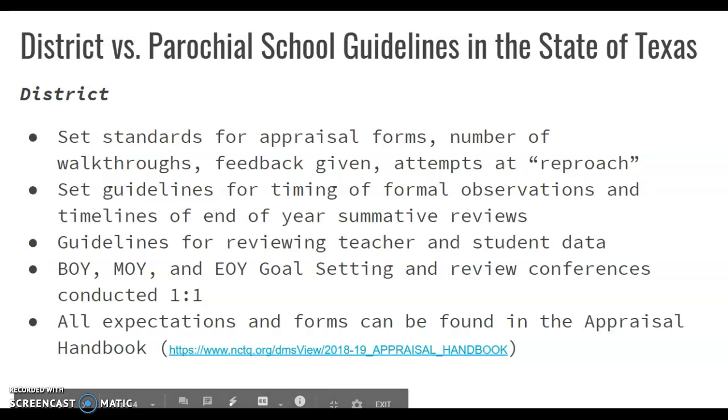If I were to look at the district that I currently reside in, I did work for 1 year in our public school system, and they've got some pretty clear expectations set up in their appraisal handbook. So the number of times for redirection, the type of feedback given, the quality of feedback given, how often they have to review teacher and student data, all of those things are outlined. And so if this were a teacher in our public school system, this teacher would almost certainly have a case against this contract not being renewed because it doesn't seem as though she received adequate support, and I think that's a problem.